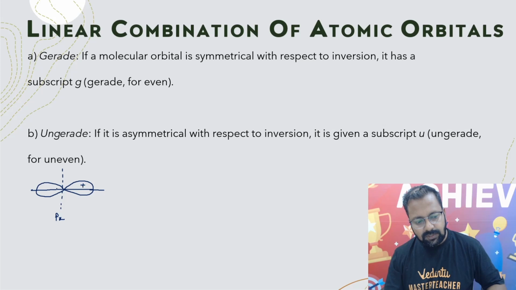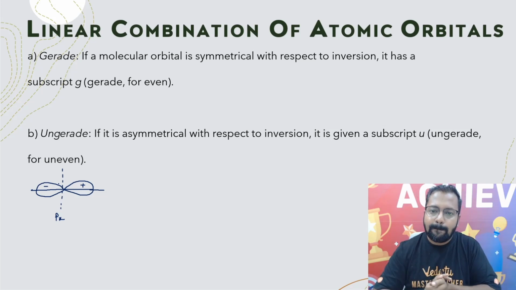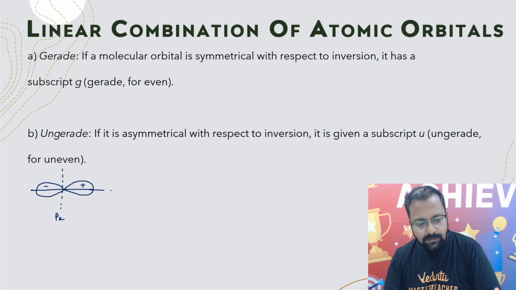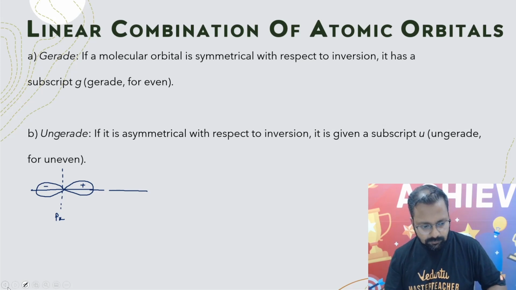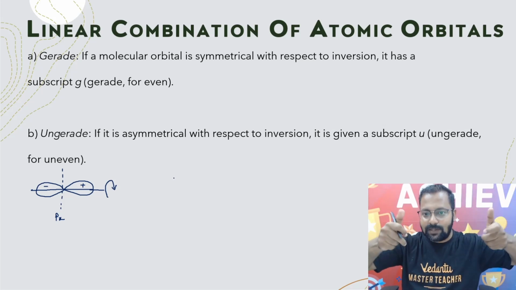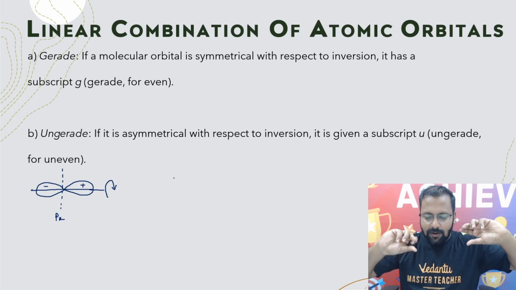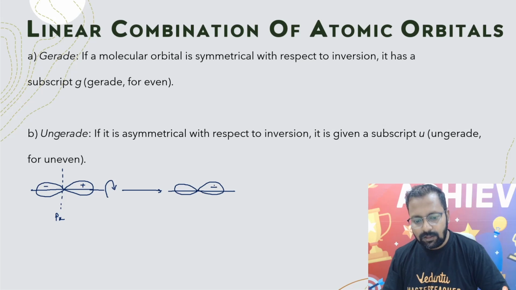This is plus, this is minus. ये पिक्चर आपको दिख रहा है? प्लस राइट की तरफ है, माइनस लेफ्ट की तरफ है। सबसे पहले आपको करना क्या है, you rotate the first thing is you rotate the orbital on the axis on which it is present, okay, or you rotate it about the axis on which it is present। तो इसको जब रोटेट करोगे तो आपको तो फिर से यही मिल जाएगा ना बेटा, this is plus minus।